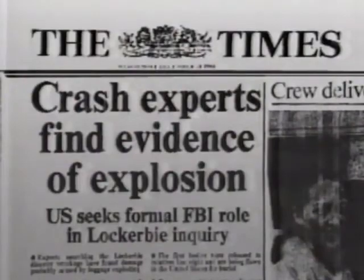The London Times, in tomorrow morning's edition, reports that investigators have found heat damage to the plane and injuries to passengers that were most likely caused by an explosion. However, the possibility of structural failure has not been officially ruled out as a possible cause of the December 21st